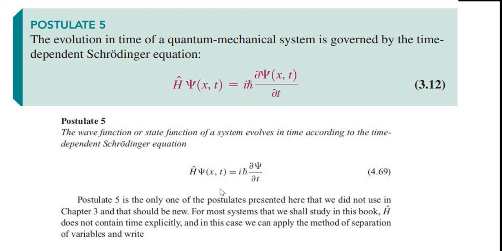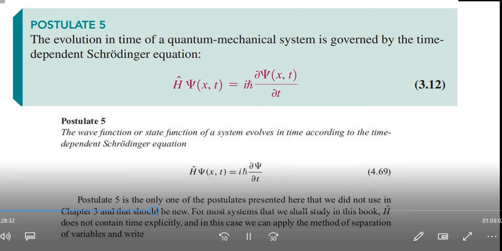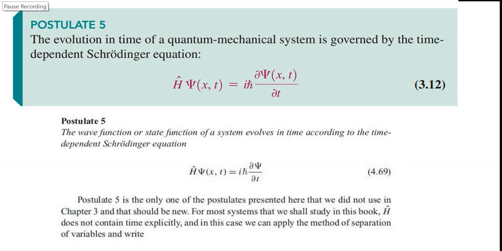If you are really interested in seeing psi as a function of time, that means time dependent, then we have to solve this equation. In the earlier case, we solved the Schrodinger equation, but time independent. So we got a time independent psi, and that is why we called it a stationary state, because in that case psi didn't depend on time. That means it does not vary with time, so we call them stationary states. In the other version, it is more or less the same.